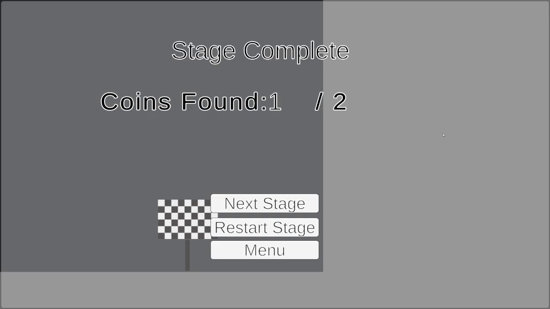Okay, so let's pause here, because this is really important to talk about. They think that the core dynamic is collection, because of the coins scattered throughout the game, and as a secondary, they have a race dynamic. Is there anything here that says how long it took? No, nothing. So what we have here is a